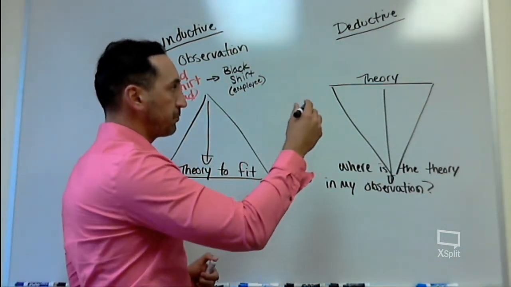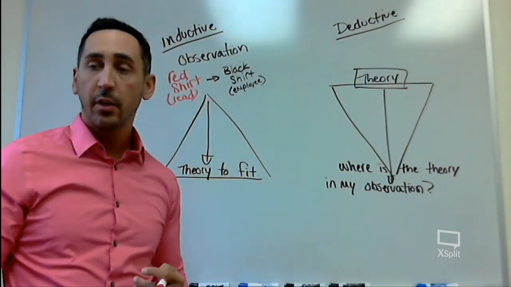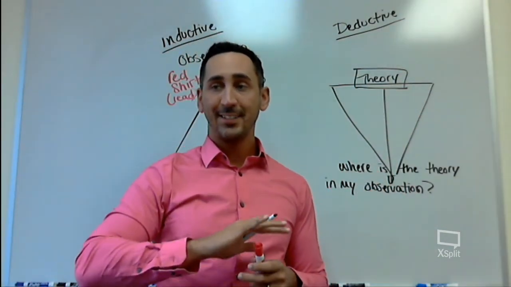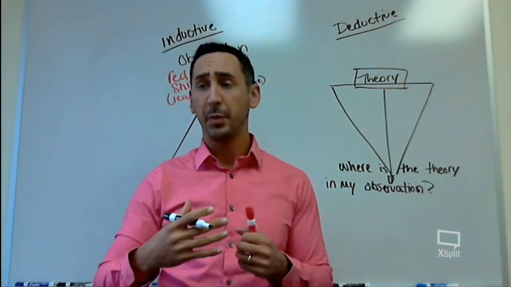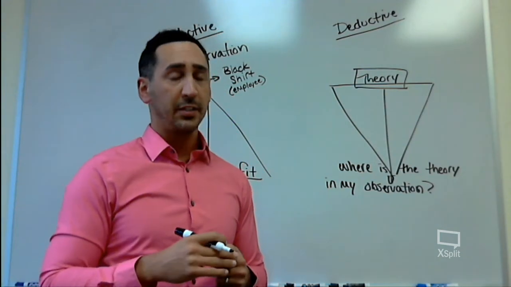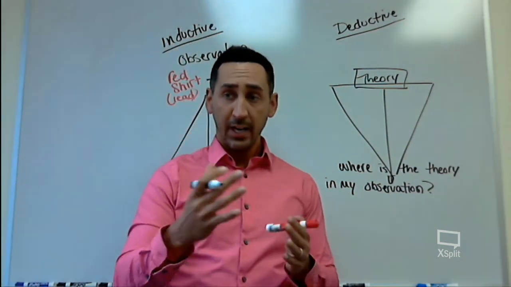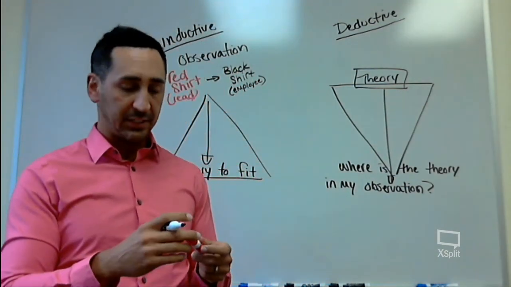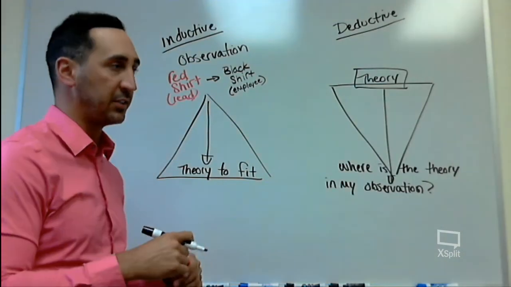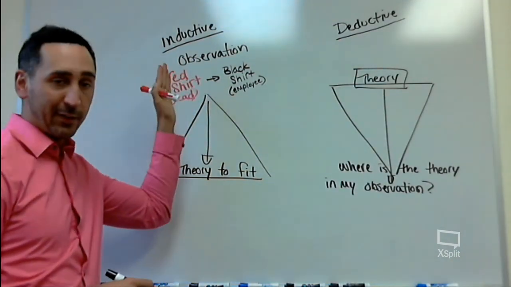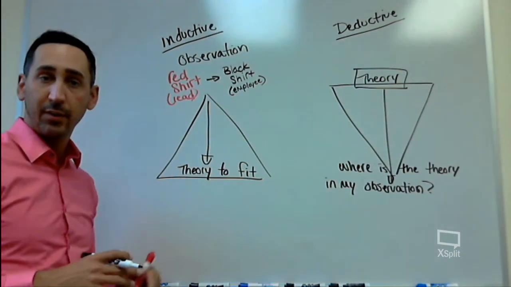Now the thing is, if you start with a theory, there's a chance that you might go into the observation and not see your theory. So if you go into an observation and say you're looking for someone to be proactive and have proactive leadership, but you don't find it, that's okay, because rather than write your paper and give your presentation from the fact of, oh, they did a great job, and I feel like the great job reflected habit 1 of Covey's 7 habits,